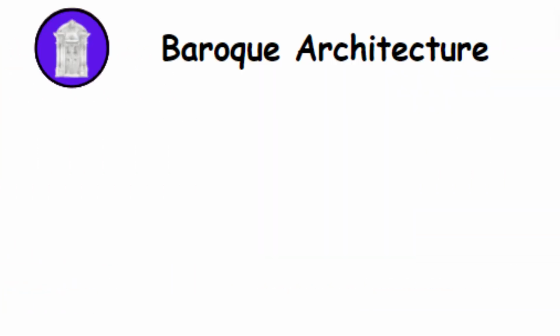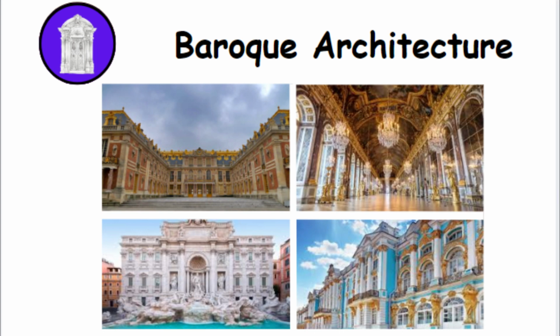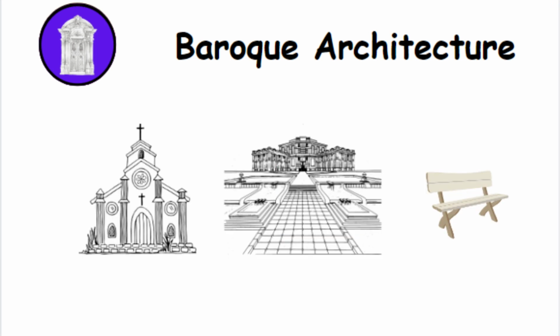Baroque architecture. Developed in the 17th century, Baroque architecture is characterized by its ornate and theatrical style, often featuring dramatic use of light and shadow, dynamic movement, and rich decorative elements. Baroque buildings tend to be grandiose and expressive, with elaborate facades, intricate sculptures, and lavish interiors seen prominently in churches,